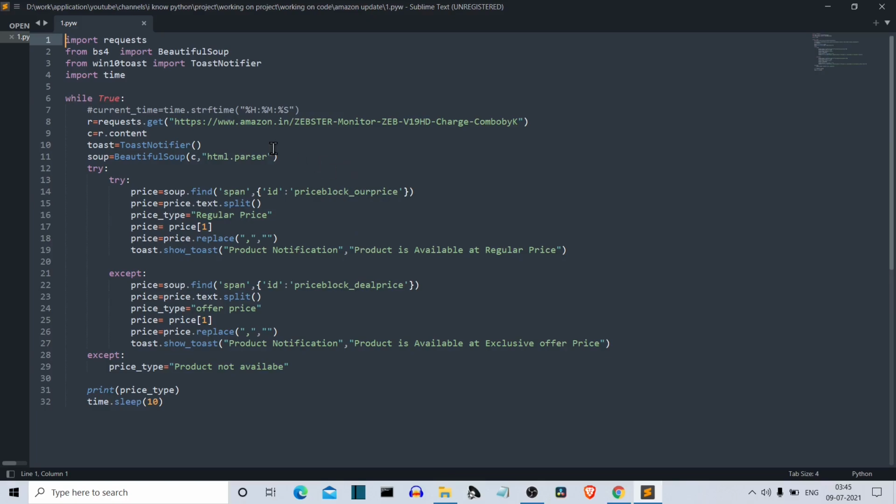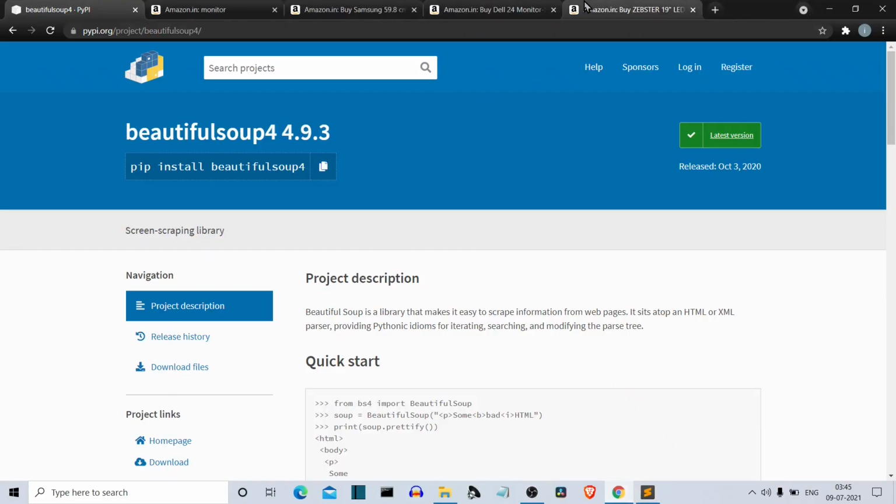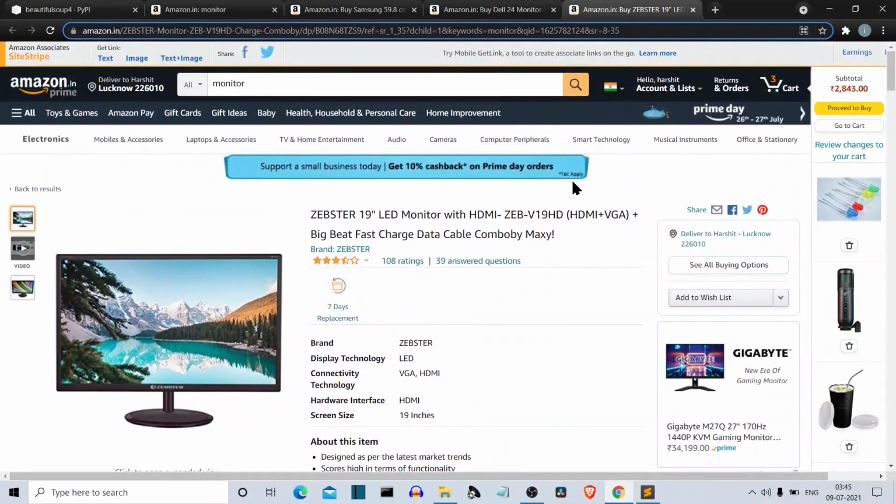First, you have to import the required libraries, which are requests, Beautiful Soup, win10toast, and time. Then we'll create an infinite loop using a while True condition. Then we are using the requests.get method to extract the data from this web page. Let's see when a product is unavailable.